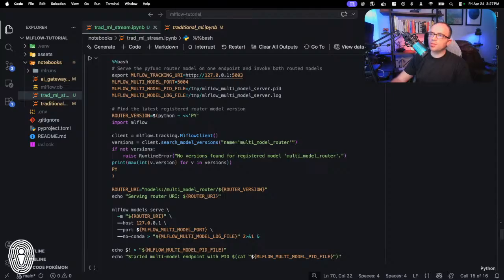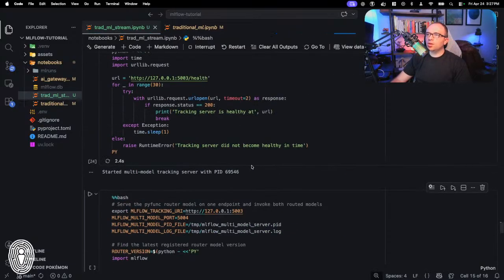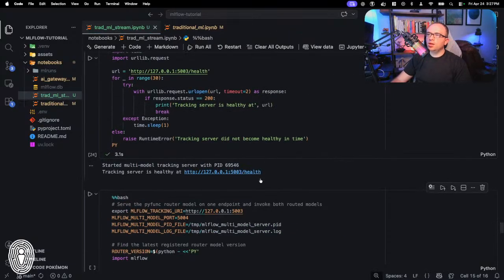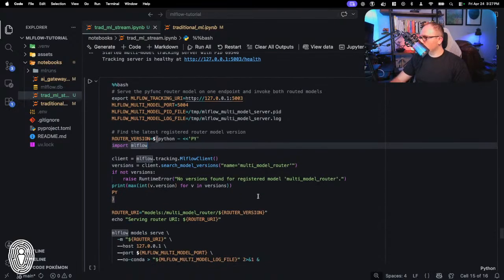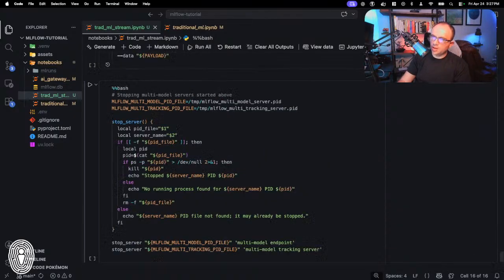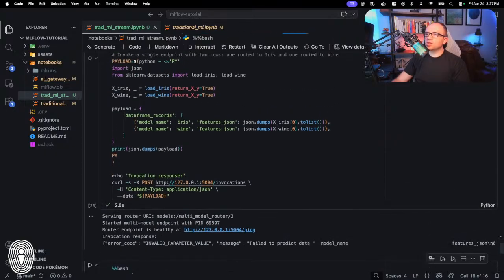So let's go ahead and run this first one, and then we should see a health check is healthy, all good on port 5003. I'm just doing it on different ports just to specifically call out, yes, we're using different ports. That way it doesn't seem like we are doing any sort of other funny business with anything that we've done before. And then finally, if we run this, this is the magic cell here.